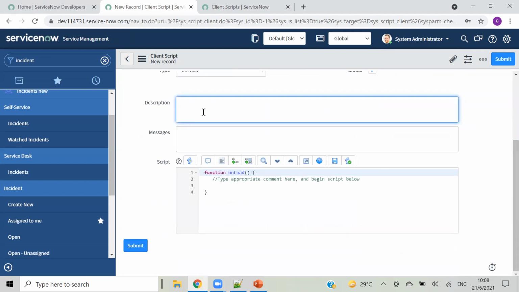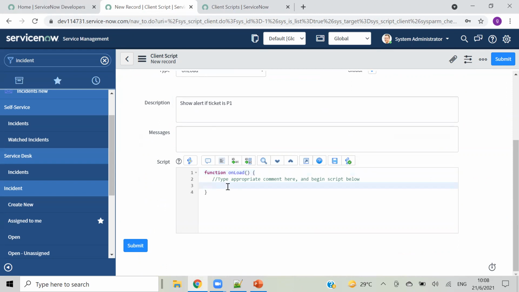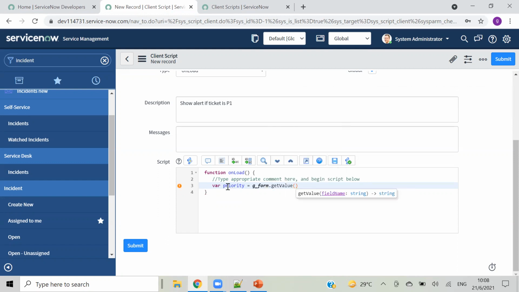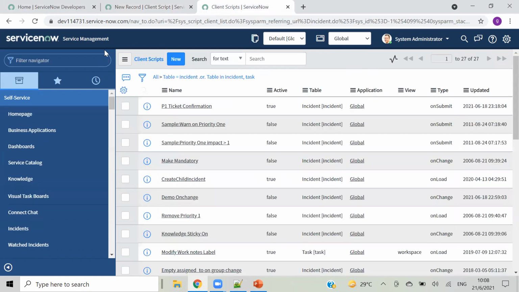And show alert if ticket is P1. Okay. And here in scripting part, first I have to get value of that variable, right? If priority is P1 or not. So priority is equal to g underscore form dot get value and value of that priority field. So I'm going to that form incident.